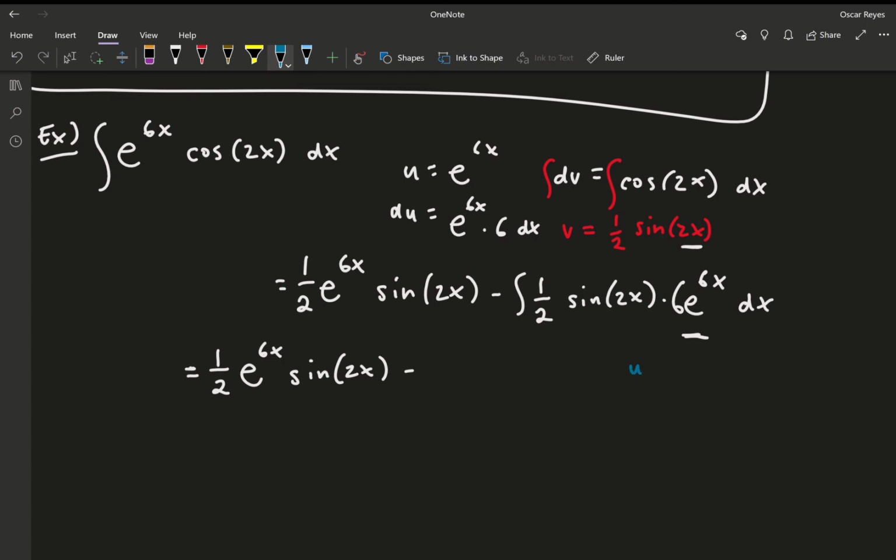So if u is 6e to the 6x, du is going to equal 6e to the 6x times 6, which is just going to give us 36, I believe. So du is equal to 36e to the 6x. Now, if we set our v to equal 1/2,